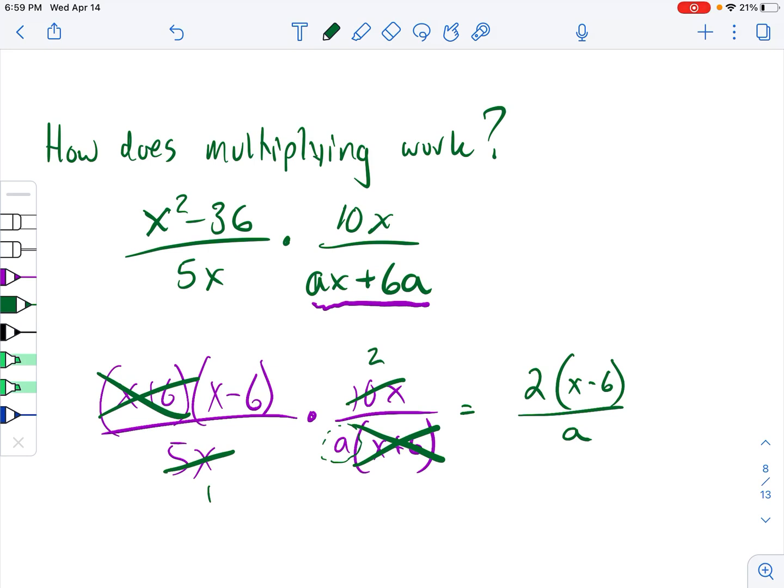If the directions ask for it, you would want to specify that x is not able to be equal to negative 6, because that would have made this a 0. And then if you want to be really thorough, you want to mention that a can't be equal to 0, but you know what? Any mathematician